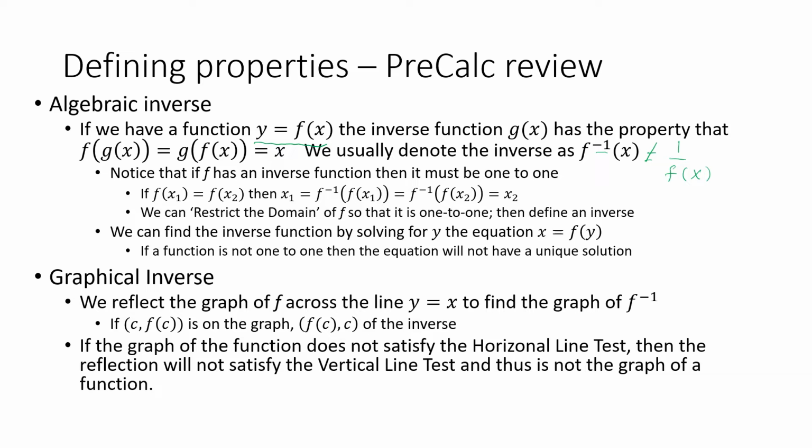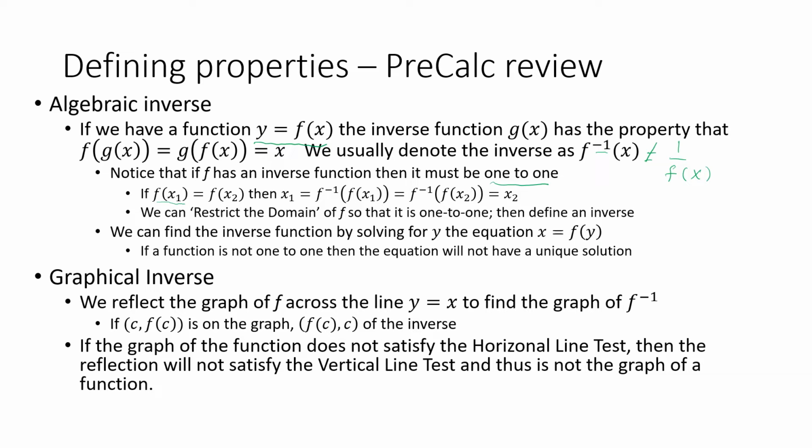Okay, so we want to notice a couple of things that are important. If f has an inverse function, then it must be 1-to-1. 1-to-1 means that two different inputs will always give a different output. So, for example,